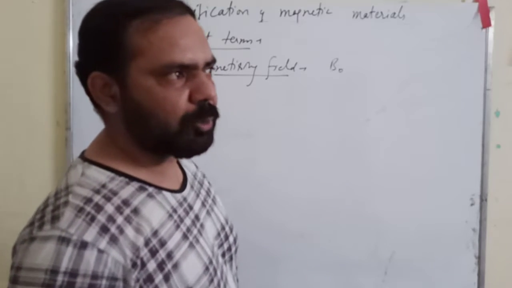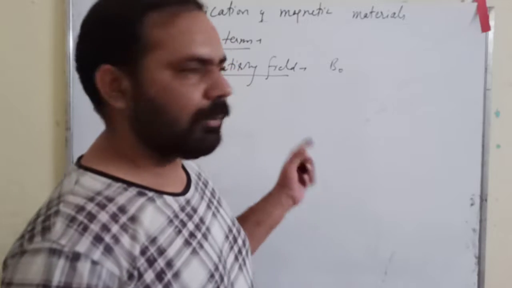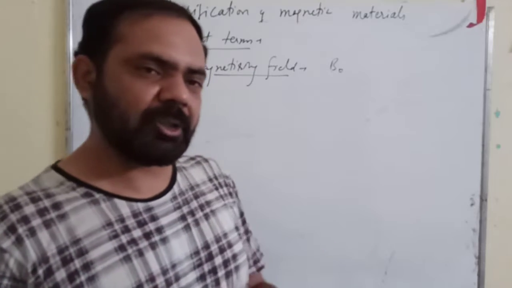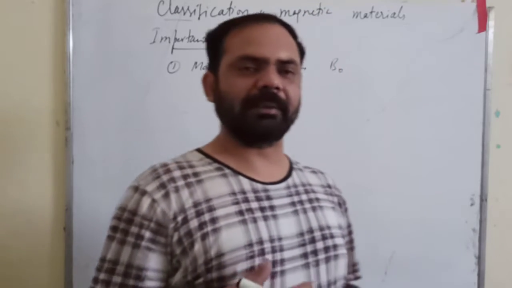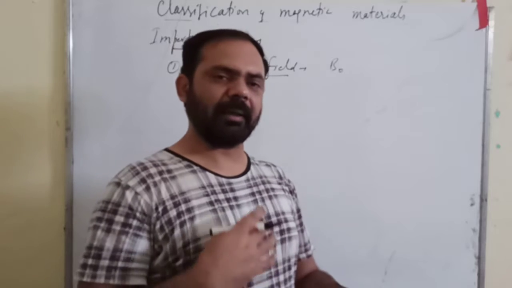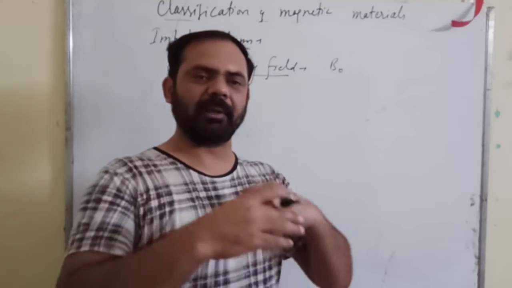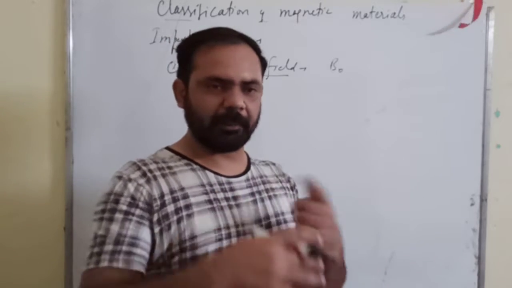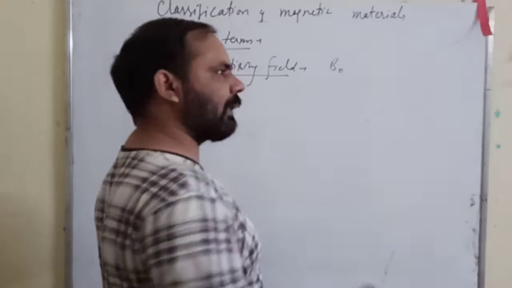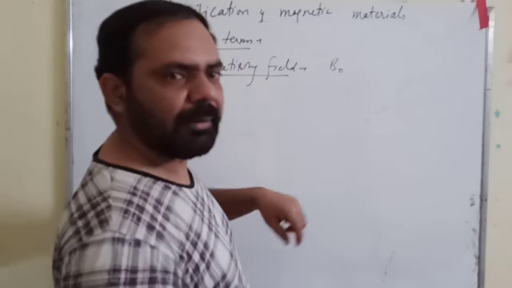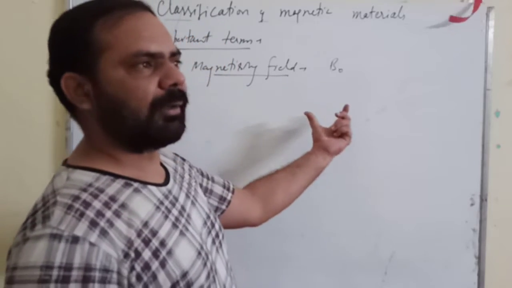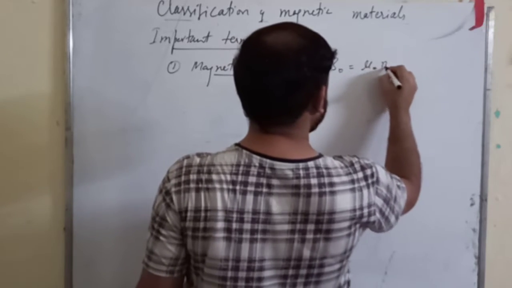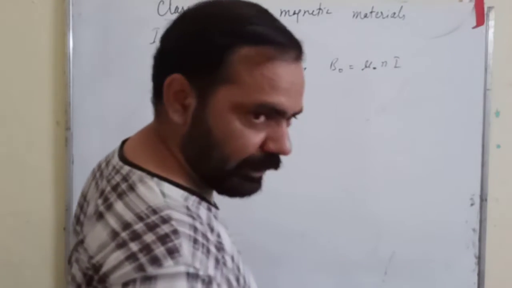Okay, what is the source of a magnetic field? It is the current. And how can you generate a magnetic field? That we have already discussed, that we can enclose an area inside a solenoid, and with the help of that we can generate a desired kind of magnetic field in that particular region. So we will suppose that the magnetizing field is nothing but the field of a solenoid, right? So this B naught is equal to mu naught Ni.